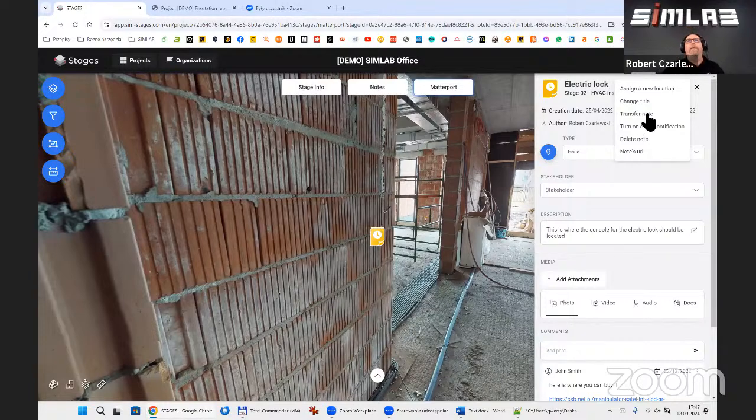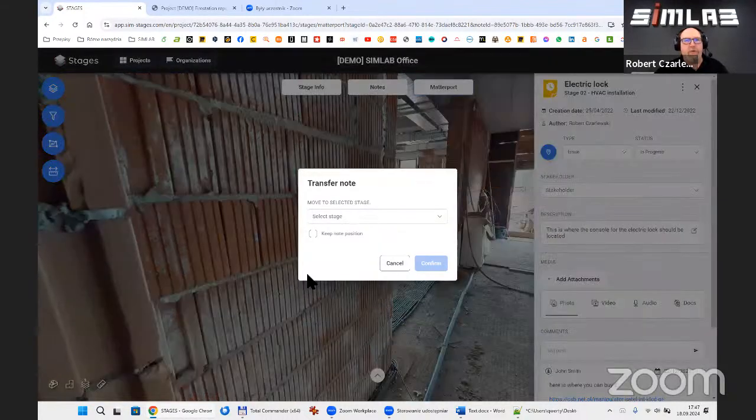So, for example, at the very beginning of our project, I may prepare the empty stage without scans, place some crucial nodes, crucial information in the form of the nodes, and then when the next stages appear in the project, I can move the nodes to the further stages.